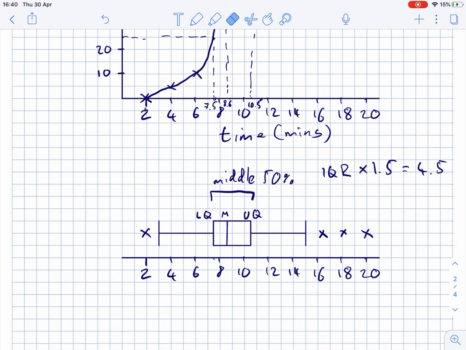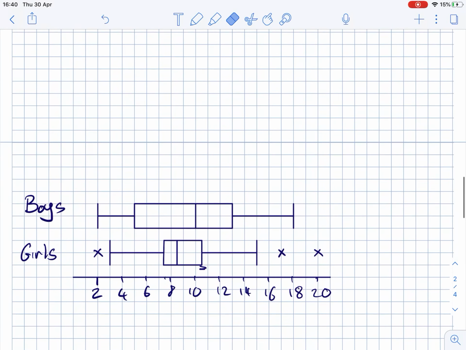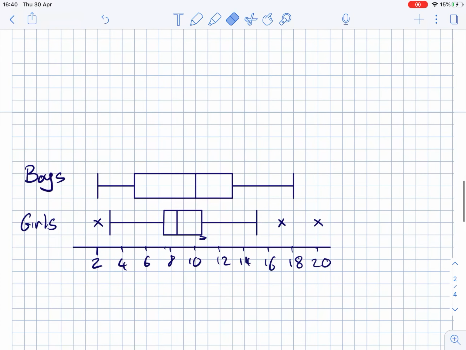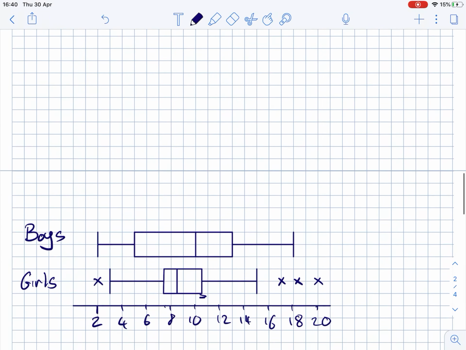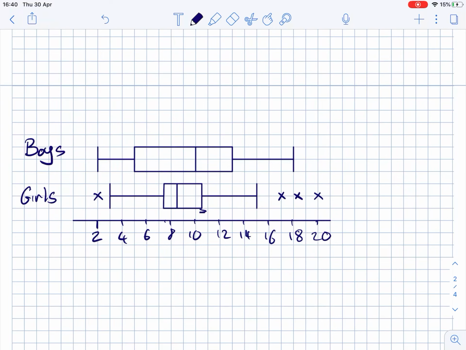so why might we use box plots? Why are they interesting? Well, they really come into effect when we start comparing data. Okay, so below here I've got a second spread of data. So here's the girls' data from before. So I'm assuming that this box plot represents some girls' data. And next to it, I've got a whole bunch of boys' data as well. Now, for the sake of argument, I'm going to say that there were the same amount of boys as there were girls, 100 of each,